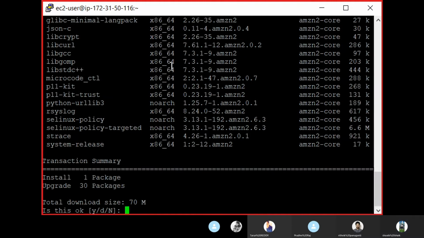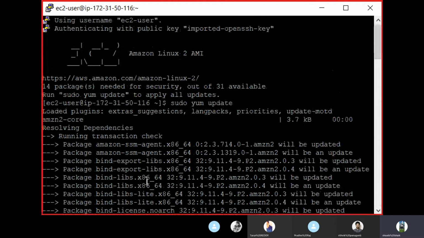So our EC2 instance got updated. You can see here, this is how you connect to a Linux server or Linux instance.